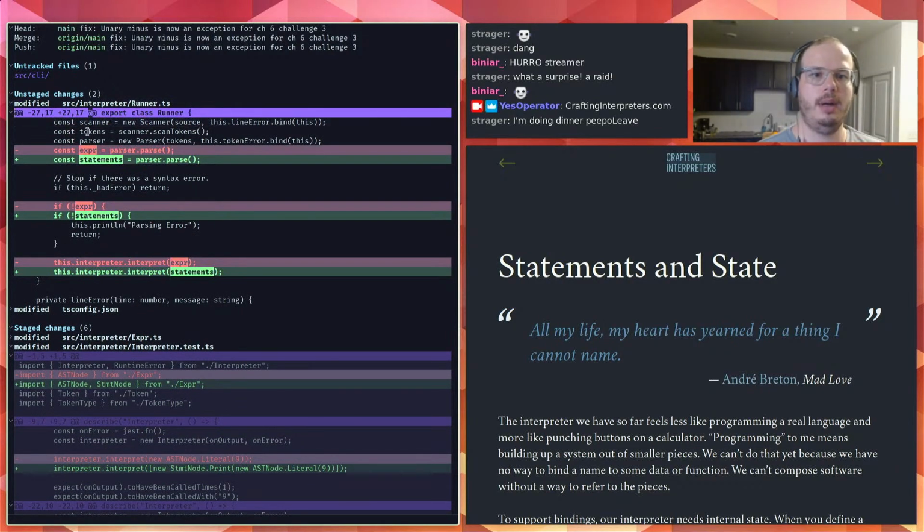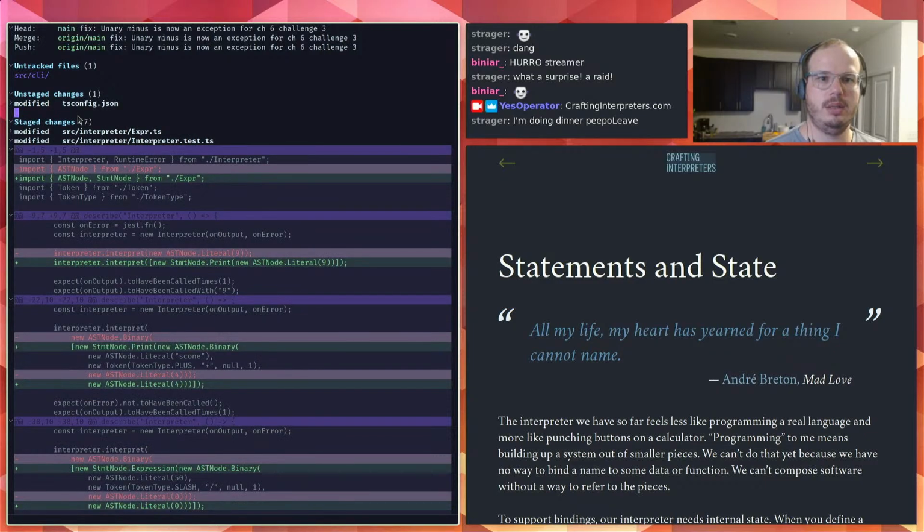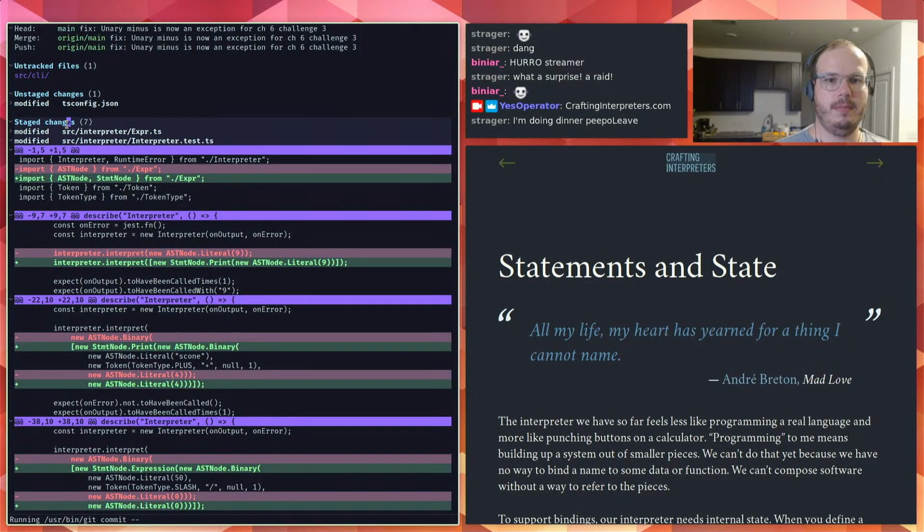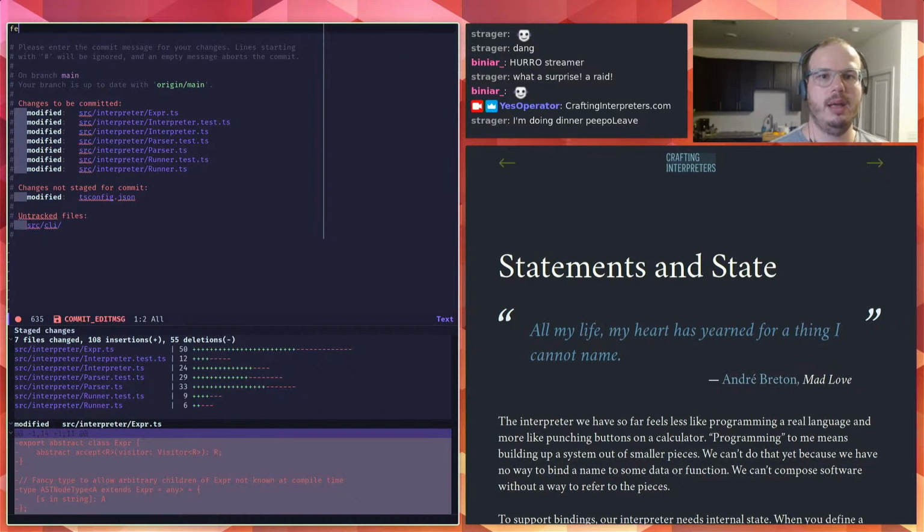And our runner now expects expressions out of parsing. That was just a variable name change. And that's it. These are cruft from another thing I'm working on. Okay. The entire interpreter now accepts only statements.